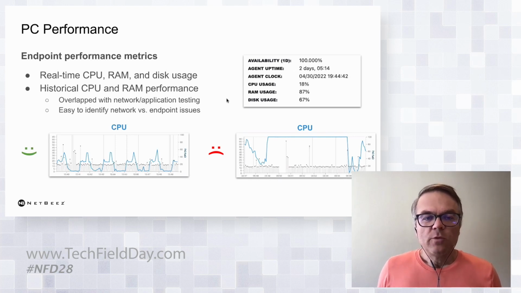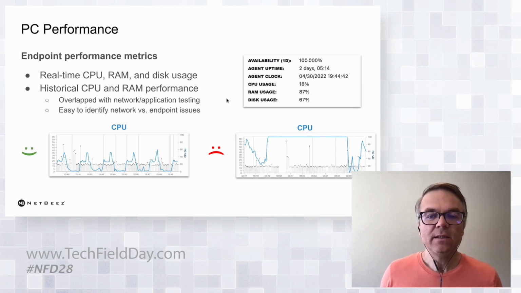So we capture that information by capturing CPU utilization, memory utilization, disk utilization, and you see here an example on the left-hand side where the CPU is consistently below 60%, and on the right-hand side you see a stretch where for about 5 minutes the CPU was consistently